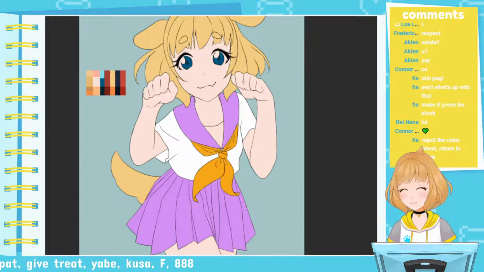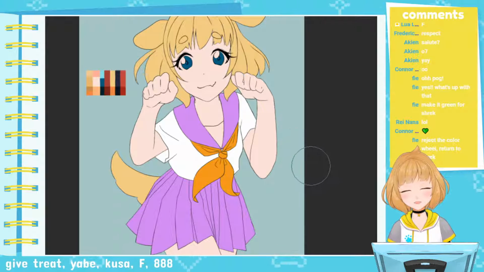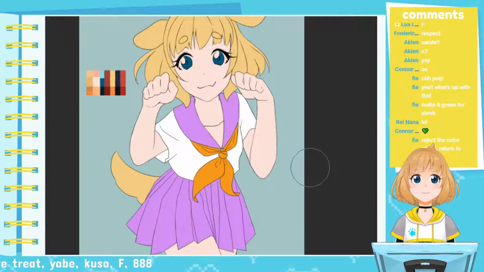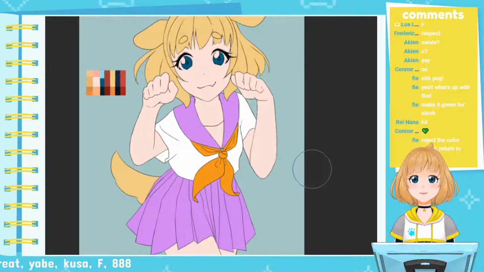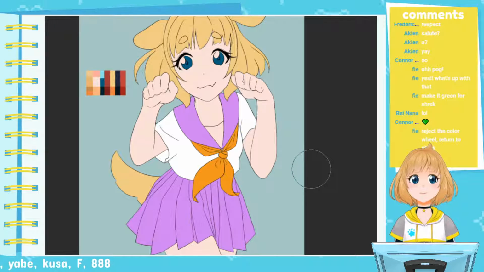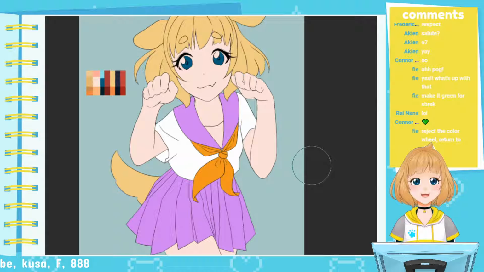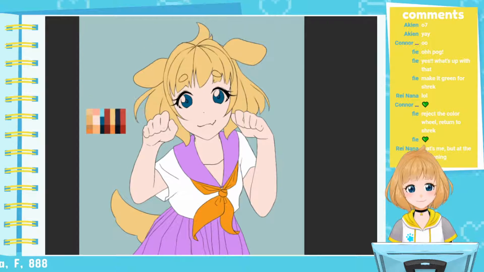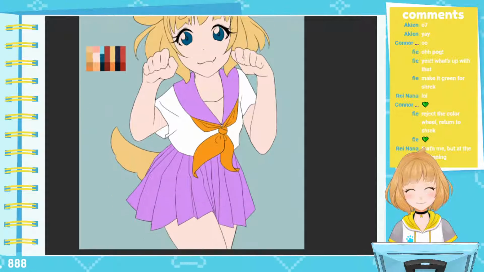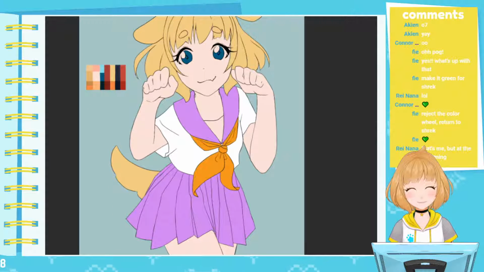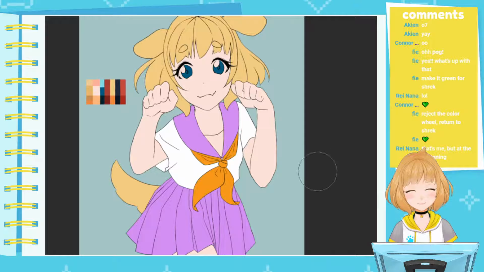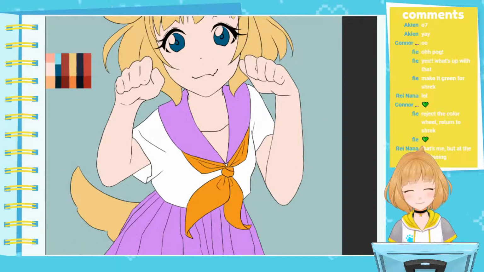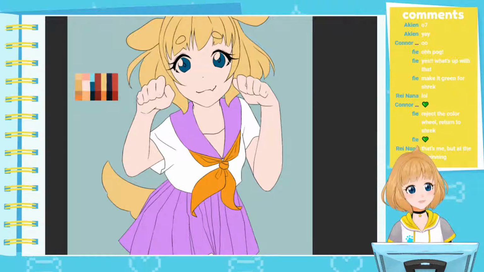Start having a full-on conniption. Reject the color wheel. Return to Shrek. Ooh. Oh my gosh. Maybe if I use this color for the, like,